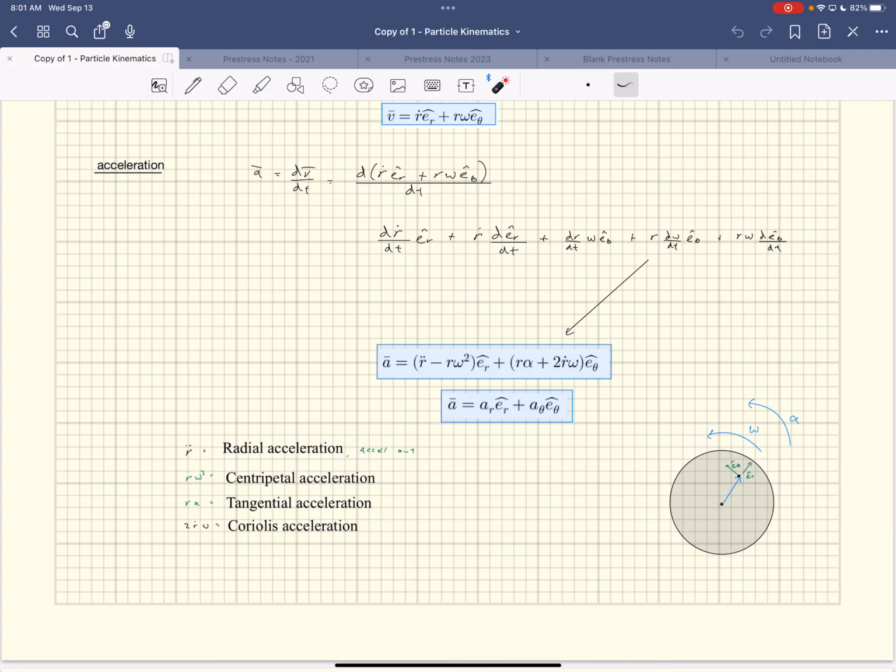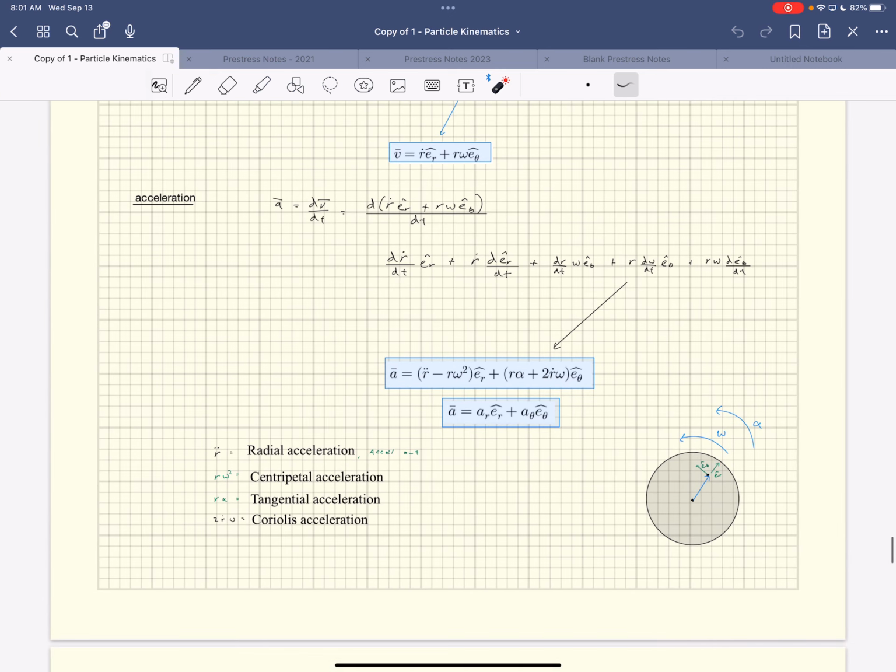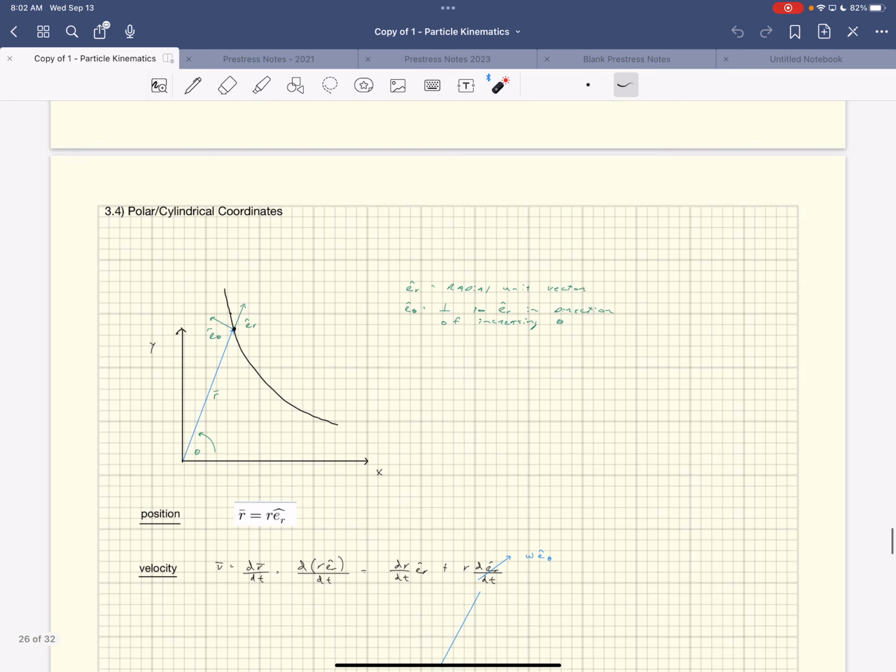Let's go ahead and get started here. My iPad is not dead, so that's a good start to the day. So we're just gonna keep going with these, crank these things out, do an example with this polar and cylindrical coordinates, and then start this